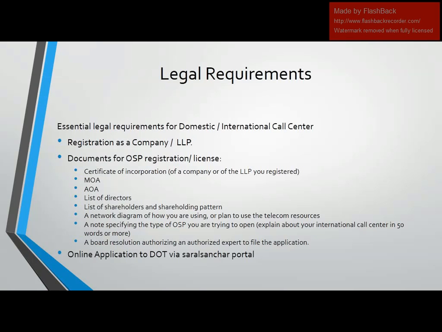First one is the certificate of incorporation of the company or the LLP you have registered. Then you need the MOA, then the AOA, then the list of directors, then the list of shareholders as well as the shareholding pattern. Then the important thing is you would need a network diagram of how you are planning to use the telecom resources. Then you would need a note specifying the type of OSP you are trying to open,